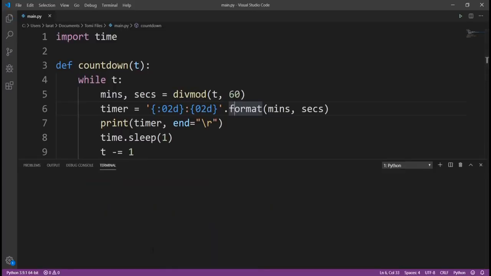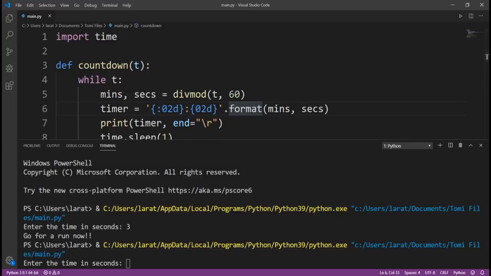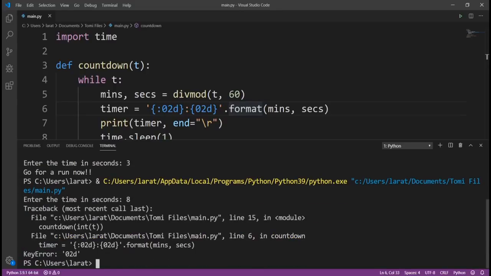When we run this, it should ask us for the amount of time we want to count down in seconds. So let's wait for this to run. This should be up and running within some seconds. Okay, nice. Down here it says enter the time in seconds. So let me enter 8 seconds. I hit enter. So right here it says key error, which is